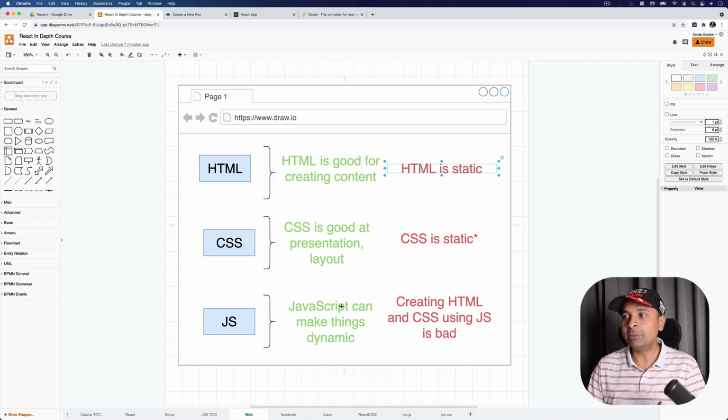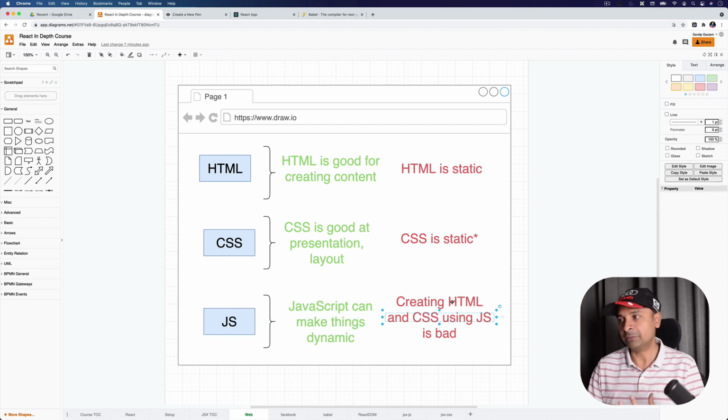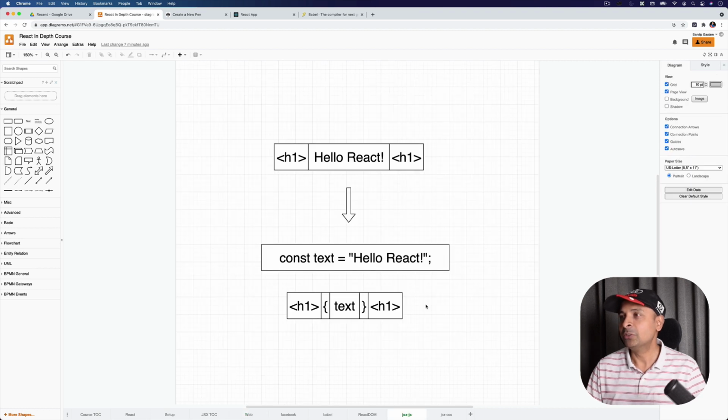And to make HTML dynamic, we use a programming language called JavaScript. So JavaScript can make things dynamic. And we know creating HTML and CSS using JavaScript is bad. That's why the team at Facebook has created JSX. So let's see how we can write JavaScript inside our JSX. And this is going to be interesting. So